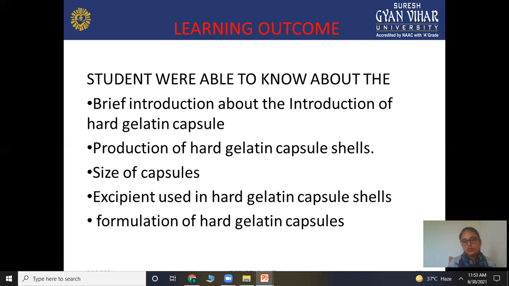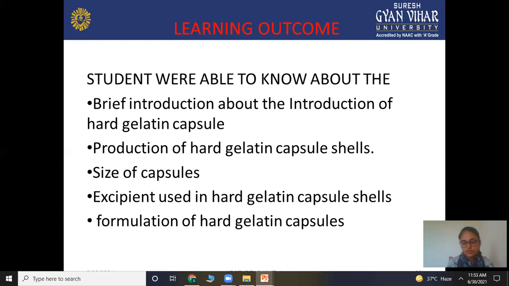And in the formulation of a hard gelatin capsule, how you formulate it, or the procedure, other than gelatin, there are different excipients we also use. If you are using some dyes, you use only FD&C approved colors, and then a plasticizer is also used for this capsule. Next is filler and diluent.